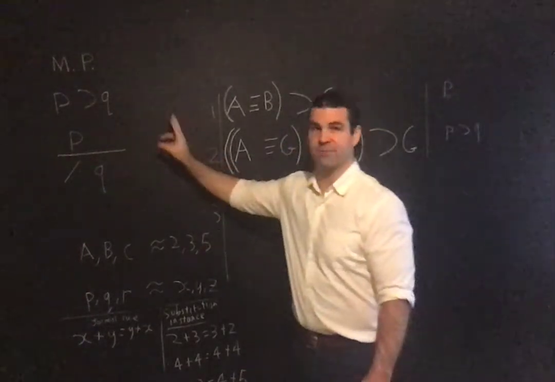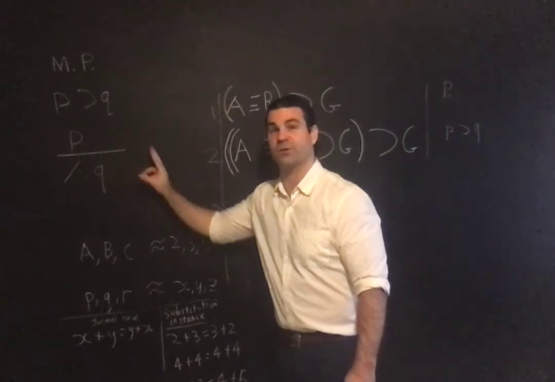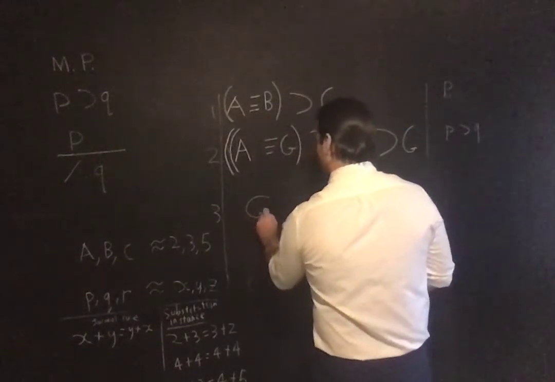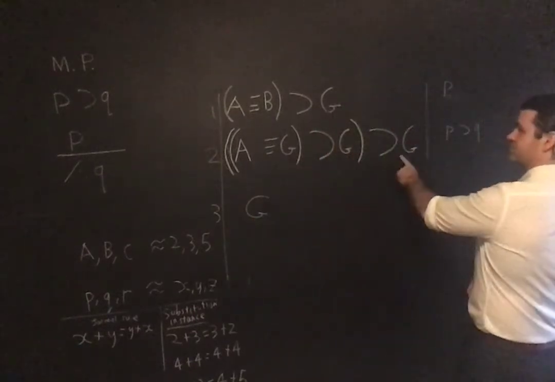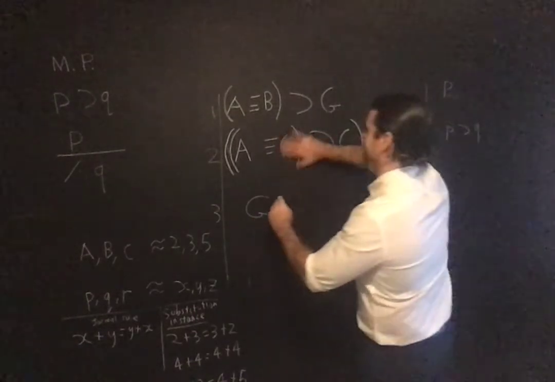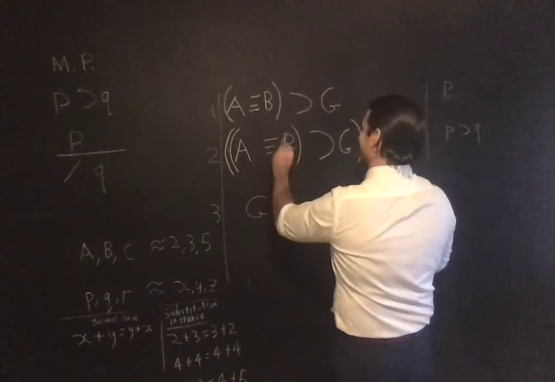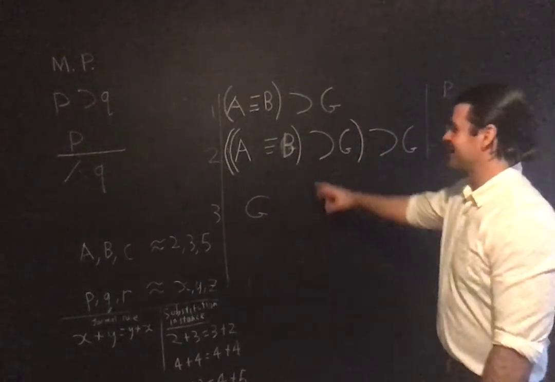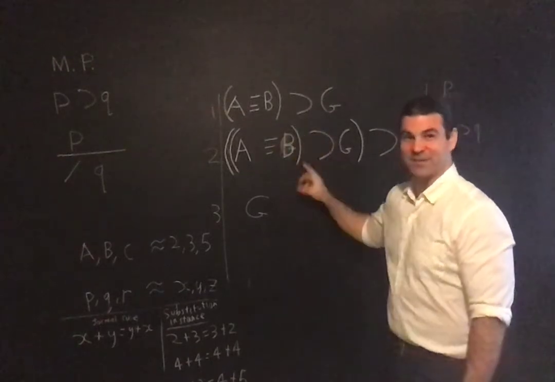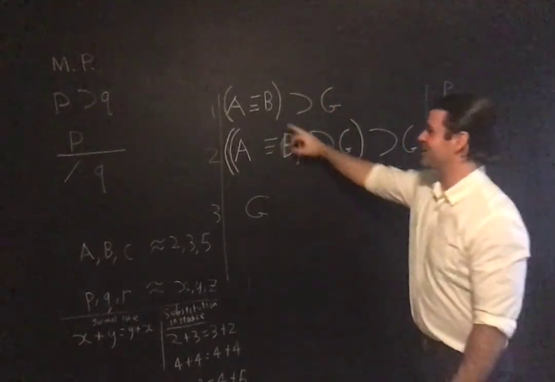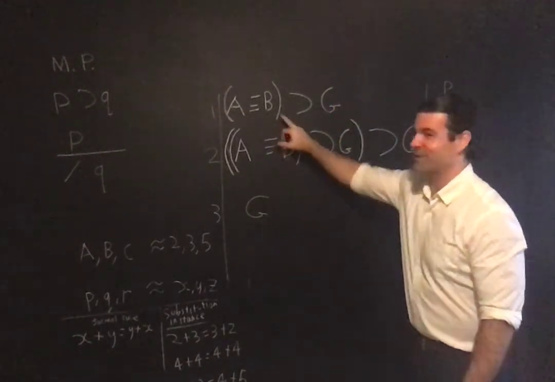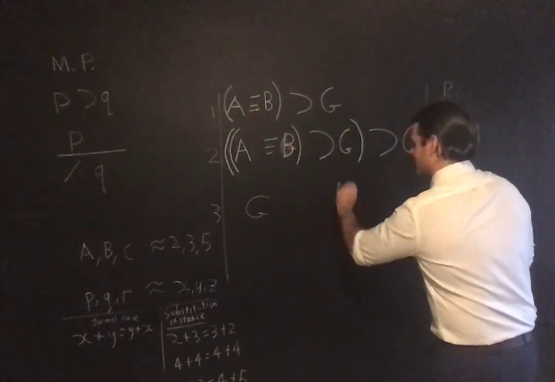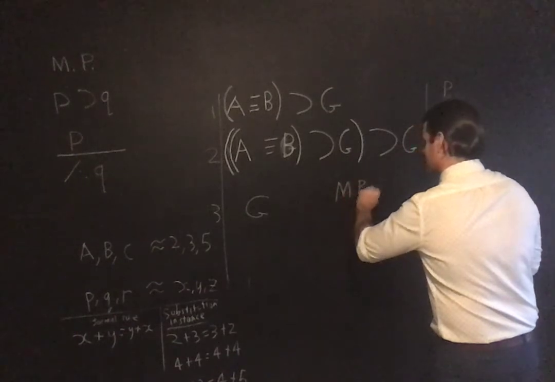What does the rule say? Given a conditional, given the antecedent of the conditional, you're entitled to infer the consequent. I'm entitled to say G, right? Oh, sorry, that wasn't right. That's supposed to be B. That's supposed to be B. Otherwise it's not identical. Well done if you noticed it wasn't identical, but say they're identical. Now they are identical, that's what it was supposed to be. Right. Infer G by modus ponens, steps 1,